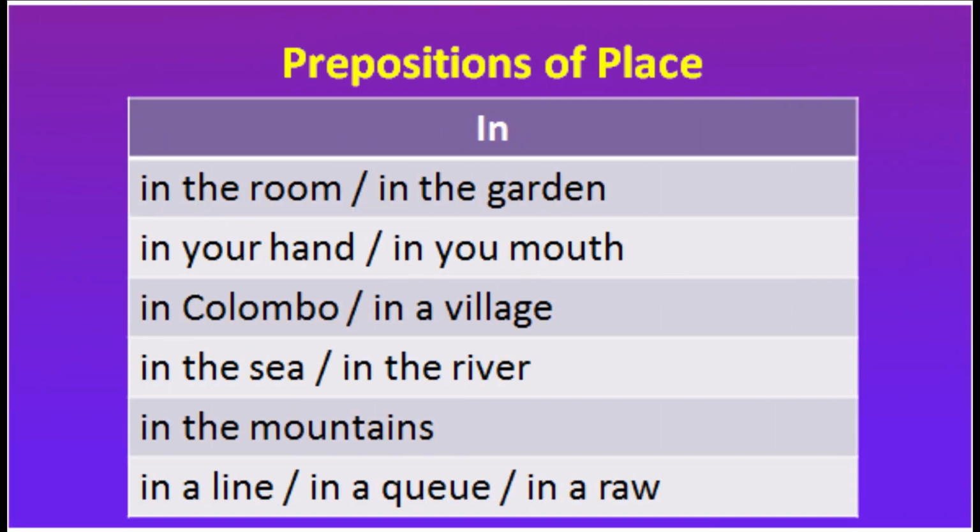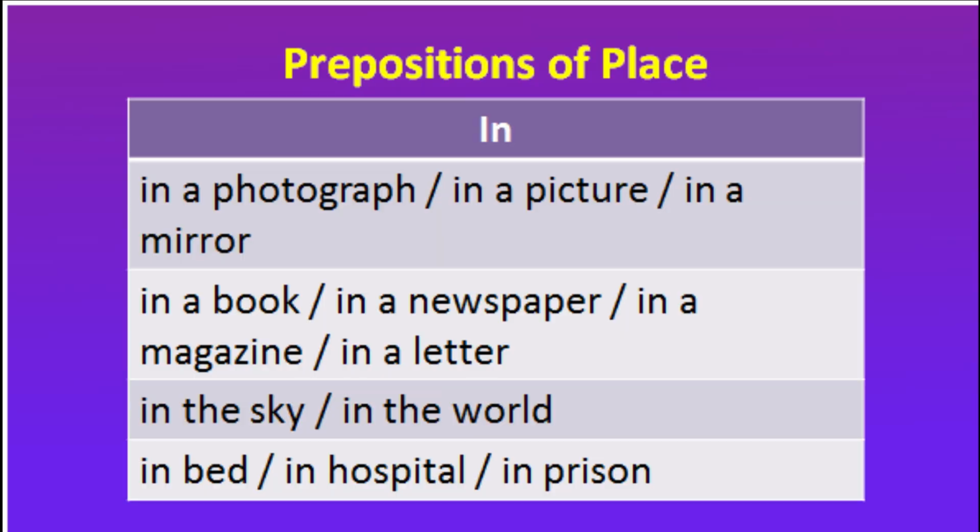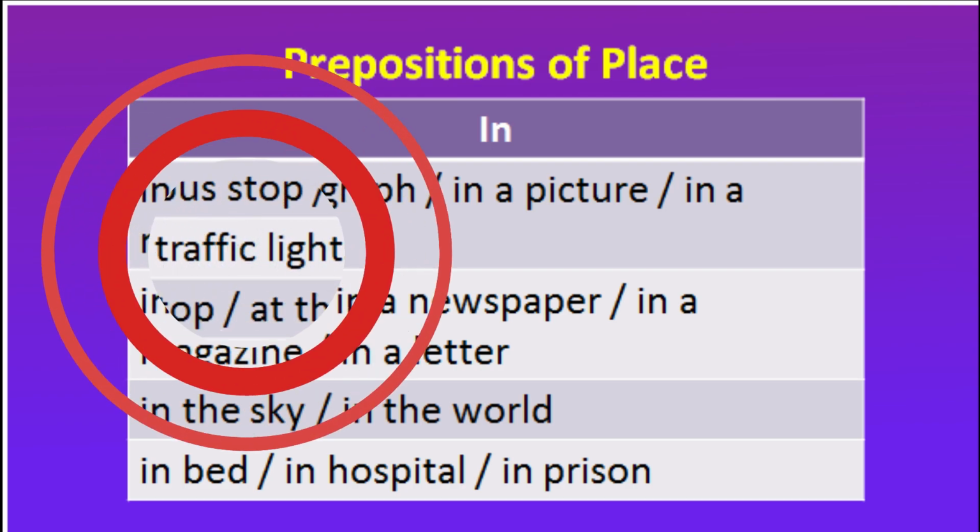Prepositions of place. In the room, in the garden, in your hand, in your mouth, in Colombo, in a village, in the sea, in the river, in the mountains, in a line, in a queue, in a row, in a photograph, in a picture, in a mirror, in a book, in a newspaper, in a magazine, in a letter, in the sky, in the world, in bed, in hospital, in prison,